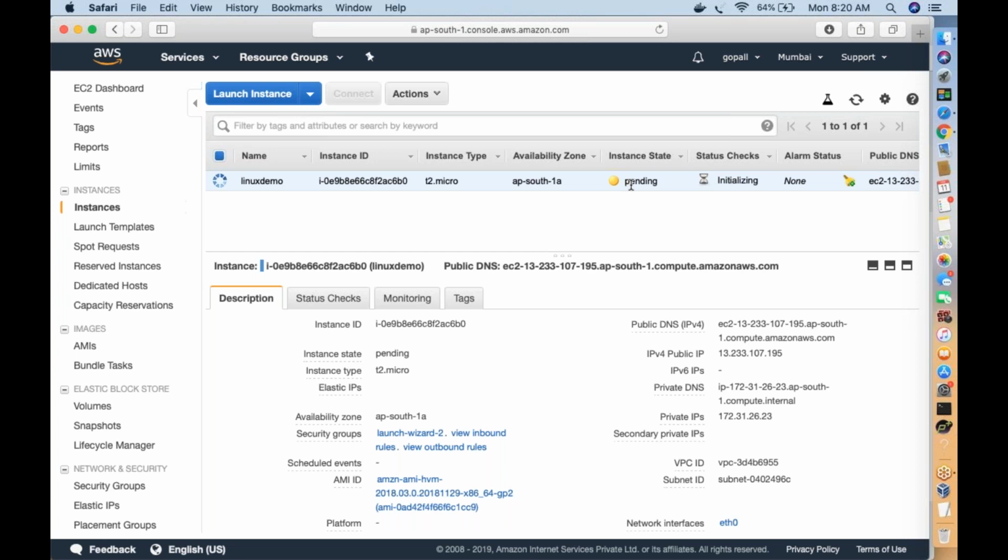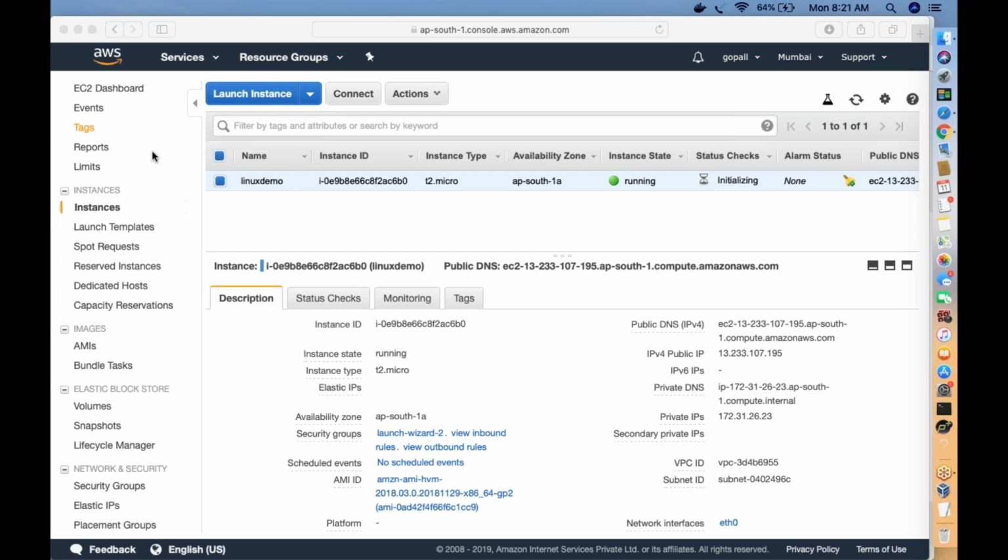Now, what laptops are you both using, Mac or Windows? Yeah, that was the question I was about to ask, Gopal. Right now I have Windows, but I am hearing that Mac is good for using Linux. No, it's not like that. You can use Windows as well. It's up to you. Okay. If you are using Windows, I want any one of you to share your screen.